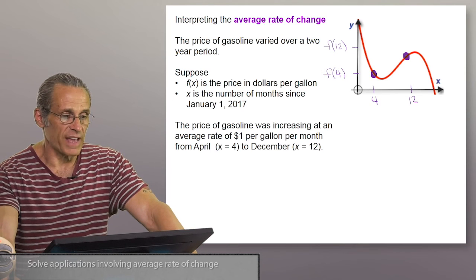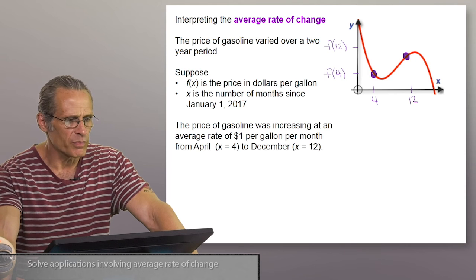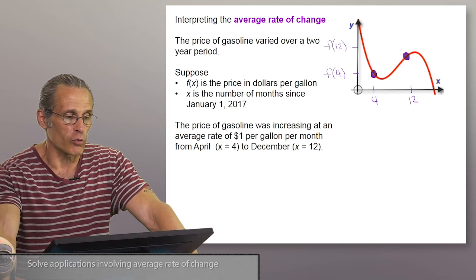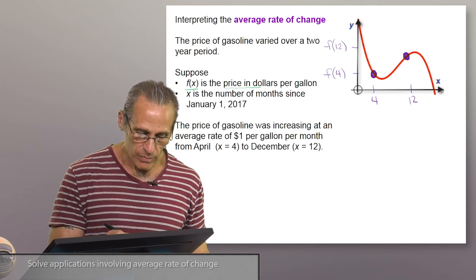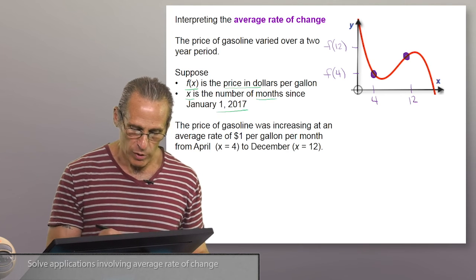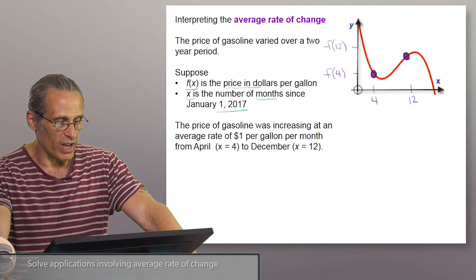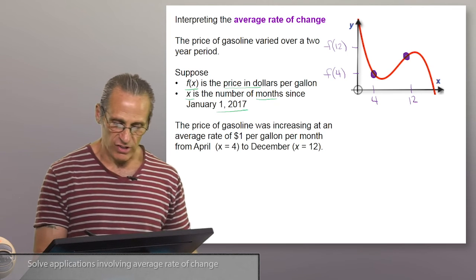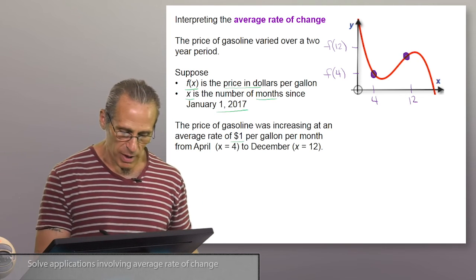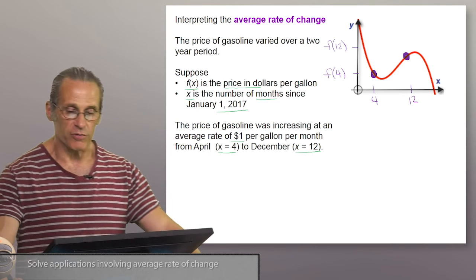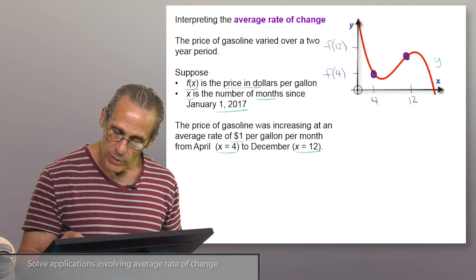So if we're looking at a specific application for average rate of change, or a way to view the difference quotient, which is the same thing here, imagine the price of gasoline varying over a 2-year period. So f of x is the price in dollars, and x is the number of months since January 1st, 2017. Now, how do I use average rates of change to interpret the following? That the price of gasoline was increasing by an average of $1 per gallon per month from x equals 4 to x equals 12. Well, if this function here, which is y equals f of x,